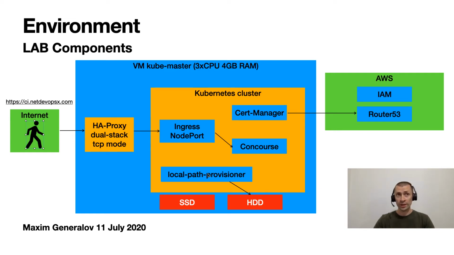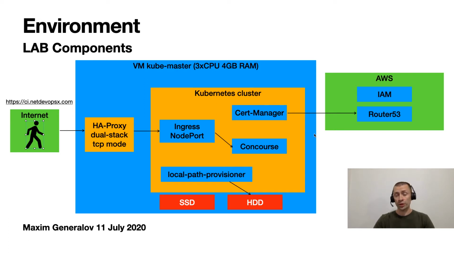What I would like to say here is that in my case, I have two different storages: an SSD fast disk and a traditional disk. So for the local path provisioner, I will use the slow disk. That's why in my example, I will create an additional hard drive, which will be attached to the virtual machine, and this drive will be used for new pods.